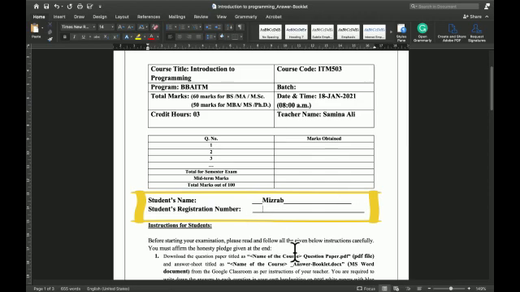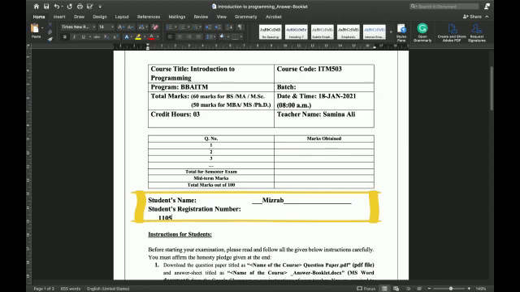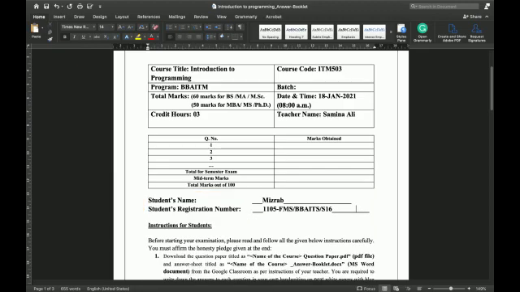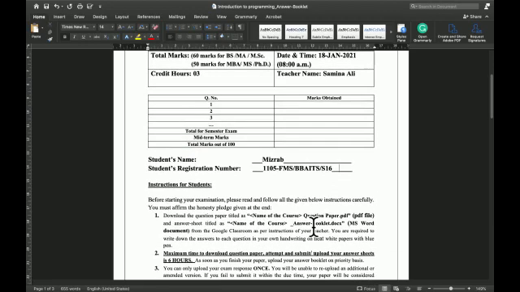Enter your student registration number. So this is how your student name and student registration number look like.